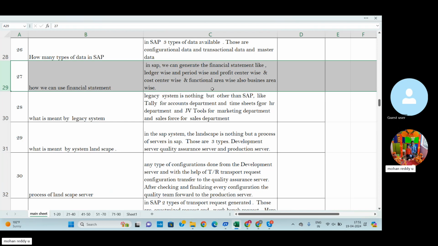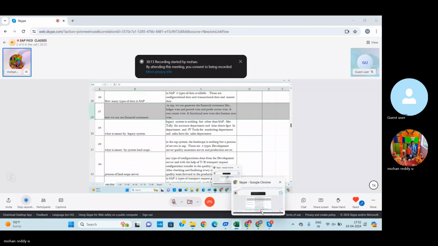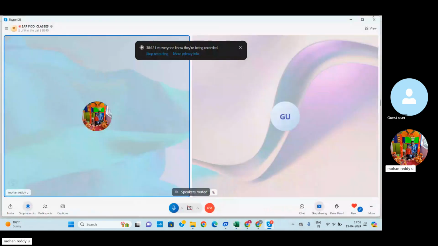For example, the financial statement is profit and loss account. We can mention all expenditures and incomes, and the balance sheet can also indicate the liabilities and assets. Under the liabilities we can create short-term liabilities as well as long-term liabilities. Under the long-term liabilities we can also divide into secured loans and unsecured loans. At the same time, assets we can also divide into current assets and fixed assets.